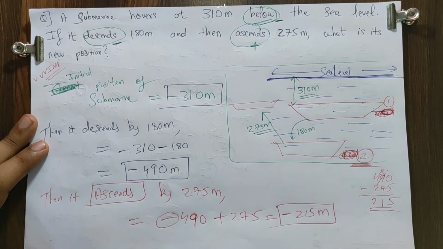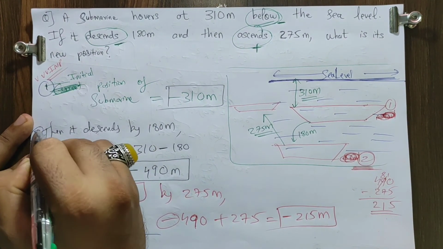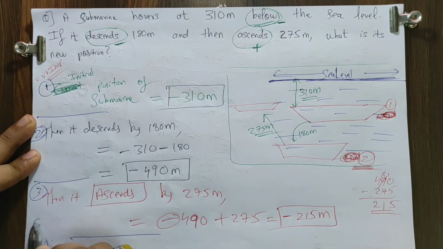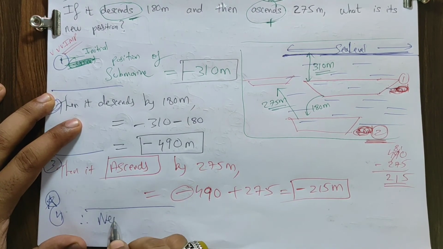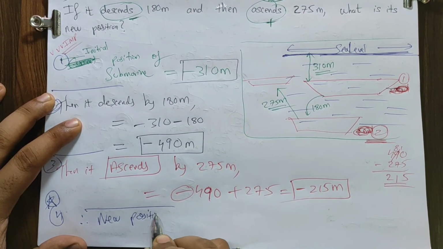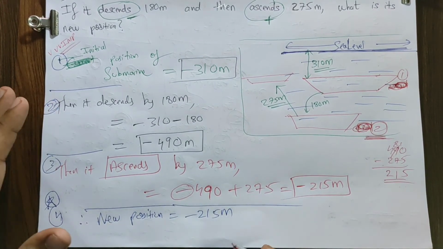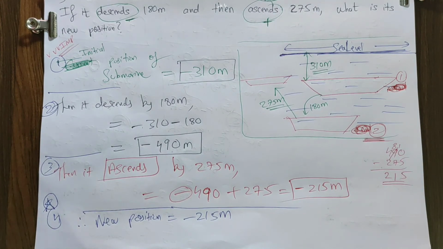Okay. Now something important I want to say here. Okay. This was my first step. This was my second step. Okay, this is my third step, please. And the fourth and very important step over here, pay attention please, all of you. Therefore new position is equal minus 215 meter. Won't you feel it's very weird if you say to someone that I'm standing minus 5 kilometers? Arey, why is this minus? What do you mean by minus? How can you measure something in minus?